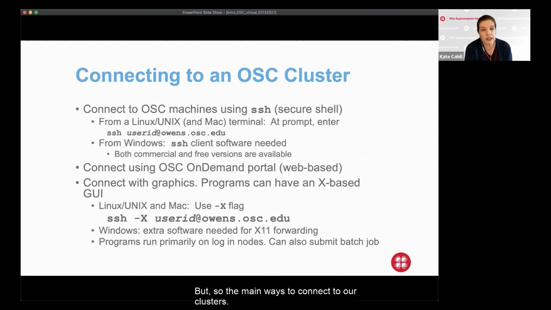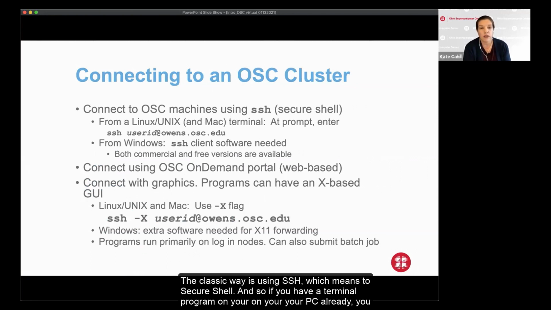So the main ways to connect to our clusters. The classic way is using SSH, which means secure shell. So if you have a terminal program on your PC already, you would just open your terminal window and then type in ssh and then your user ID.